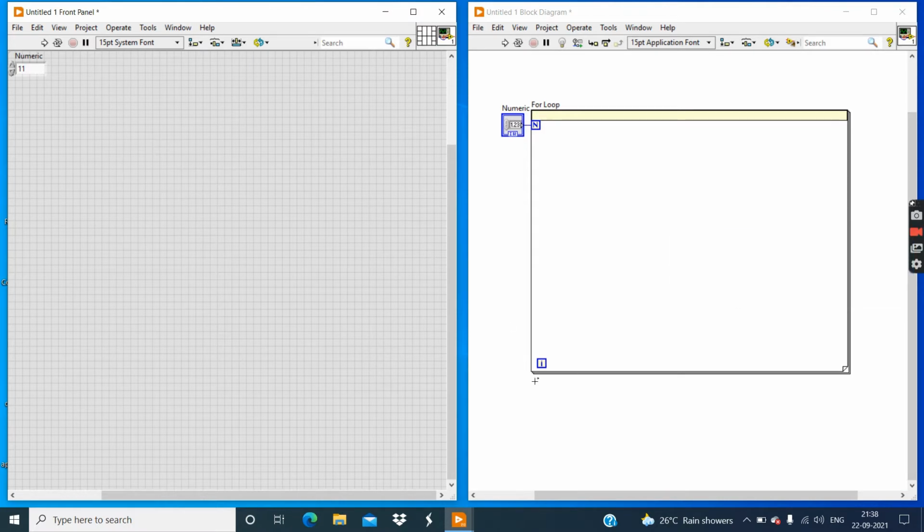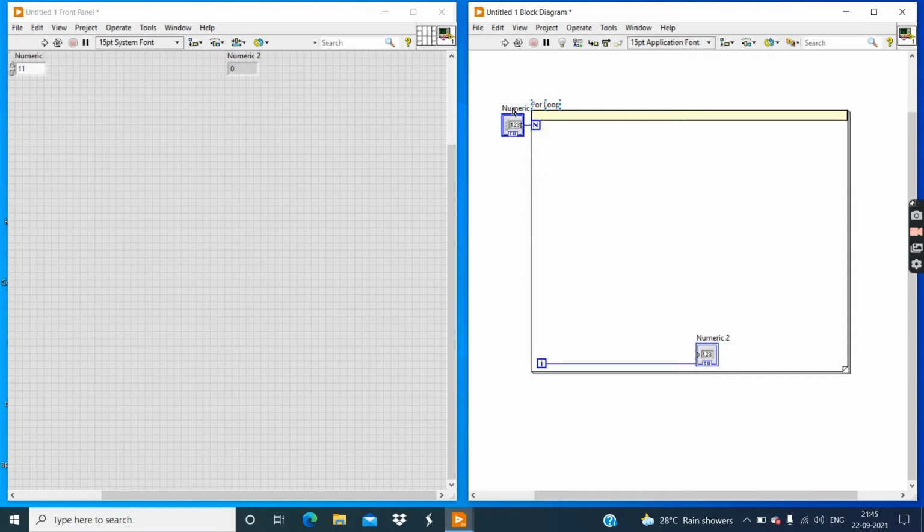Because this iteration terminal provides the current loop iteration, which counts from 0 to n minus 1. That's why I entered 11, then I will get 10 iterations. So now create an indicator to this loop iteration count and change the position.